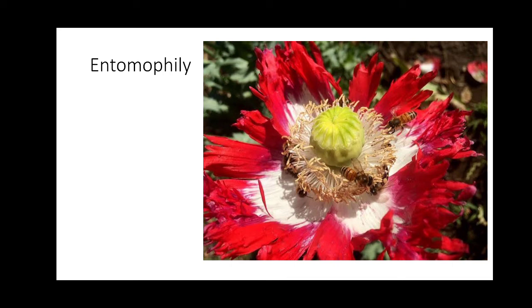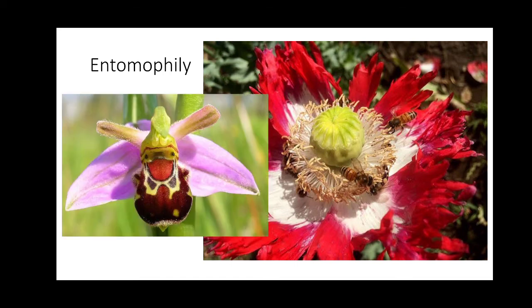Not only that, the flowers are well known to trick the animal by behaving like another insect. Here you can see a type of orchid whose flower gives the shape of a moth, isn't it? It looks like a moth. So a male moth will get attracted towards it and will come and try to mate with the flower, but it will find it's actually a flower, not a female.